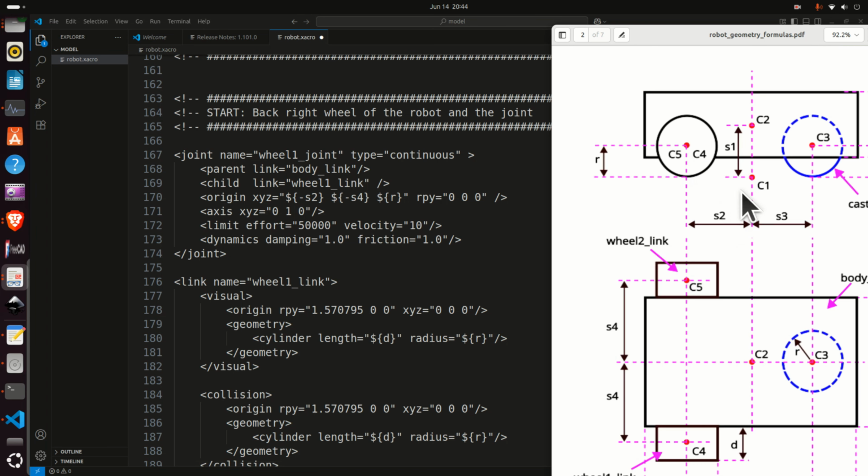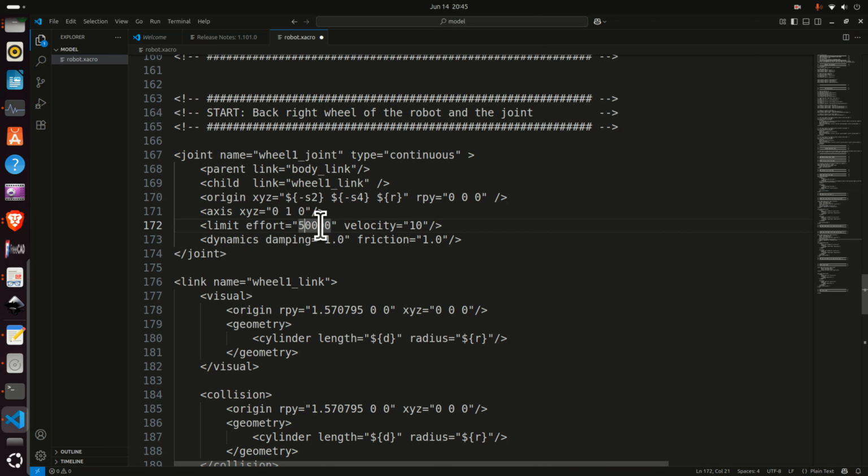Minus S2, right? Then minus S4 here. And then you have R. And that's it. Then we need to specify the axis of rotation. The axis of rotation will be the y-axis. Then we need to specify the max torque that will be applied to this joint, and then we need to